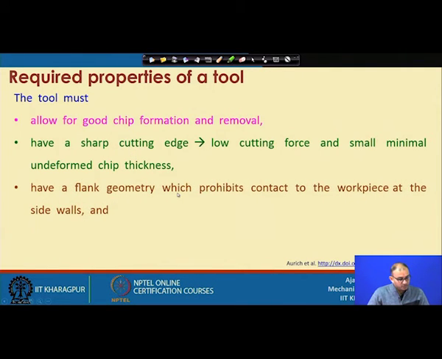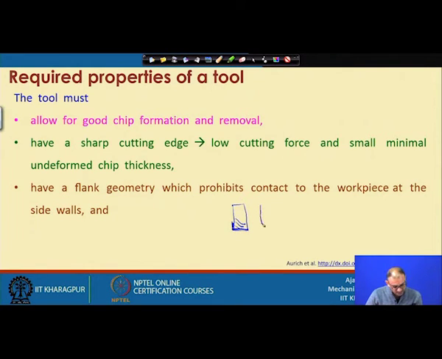And have a flank geometry which prohibits contact with the workpiece at the side walls. Many times you do one machining operation, and consider that this is the cutting tool and its bottom is a flat bottom. This will create a problem, because you will end up cutting at the bottom surface as well as the side surface.